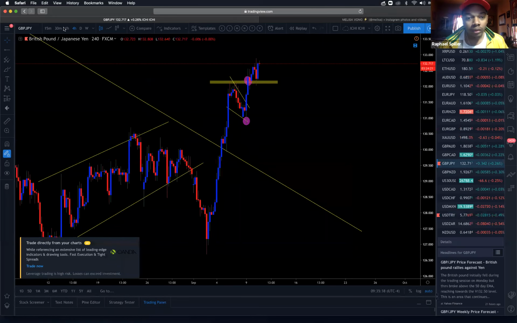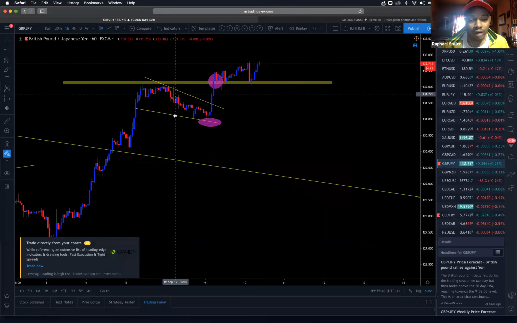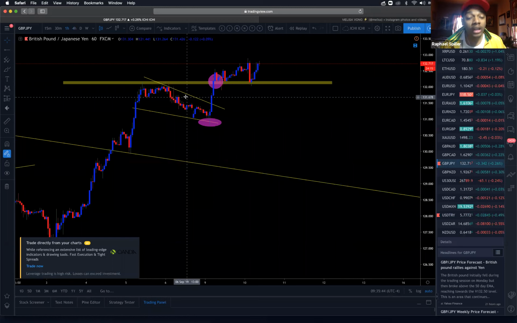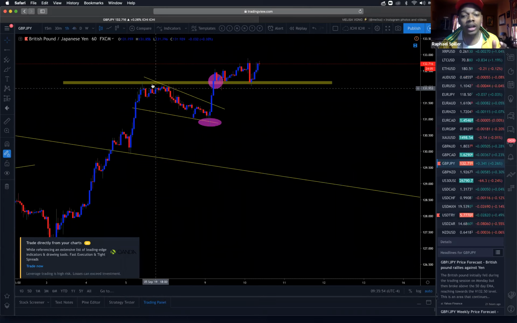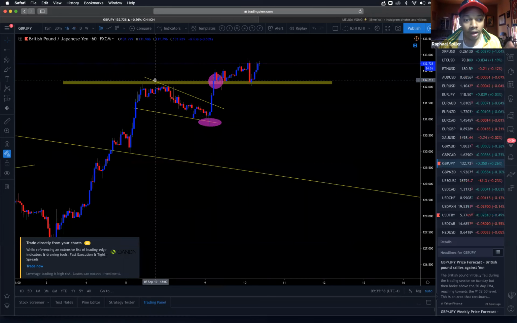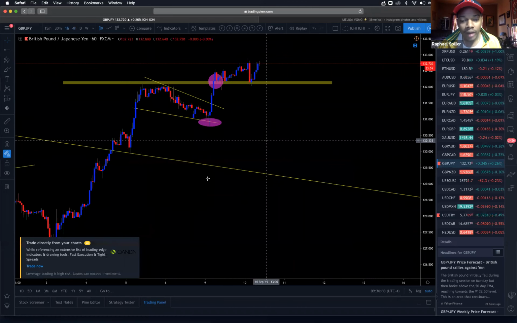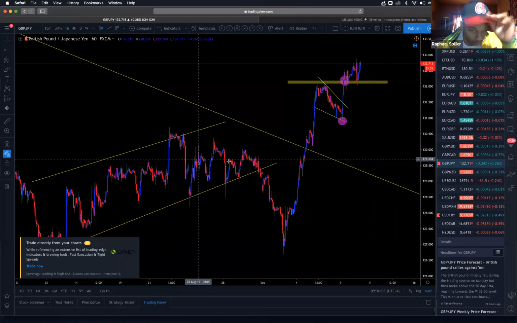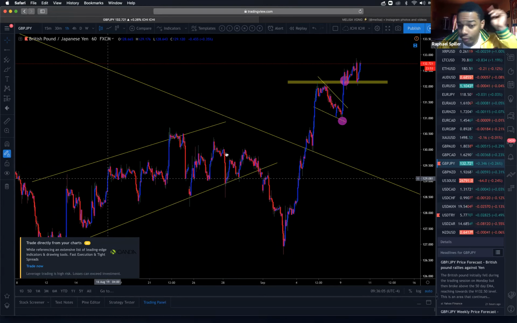And GJ is my favorite pair as of right now because you have a clear pattern of what you're looking for. If you have a clear pattern, then there's no reason why you shouldn't take it. That's what makes my favorite pair, because it's clear. This is a clear bullish flag, a clear correction, not consolidation. This is a consolidation. This was not clear enough for me to take.